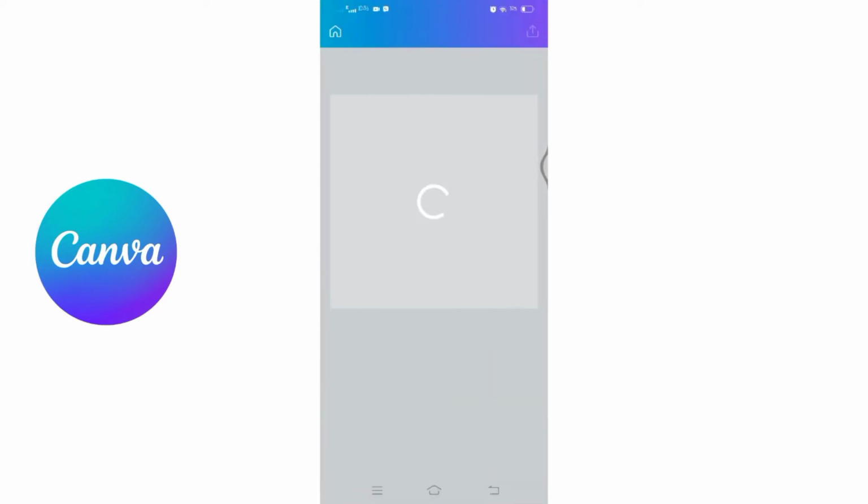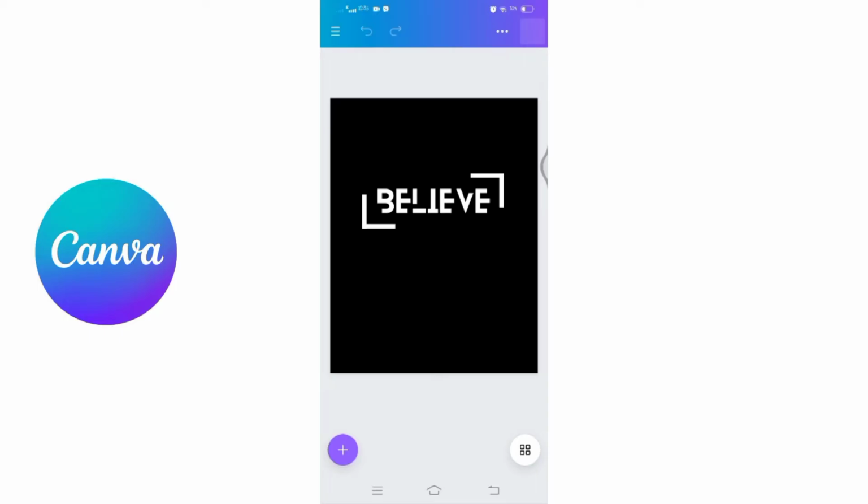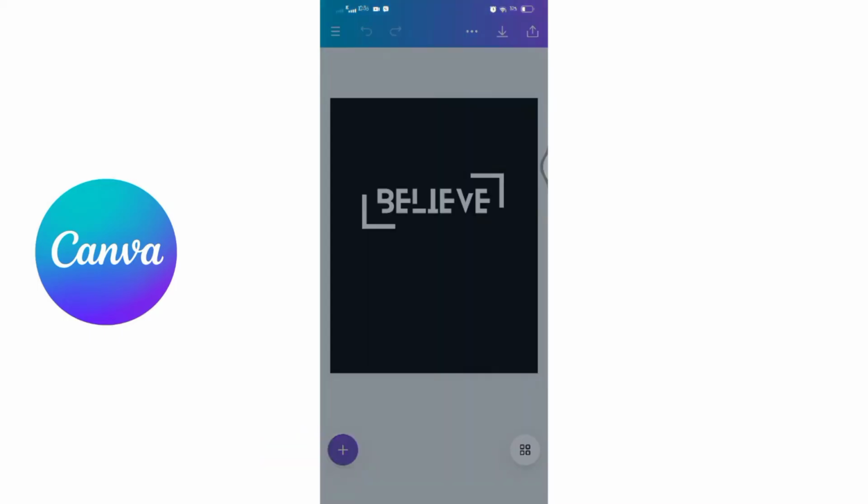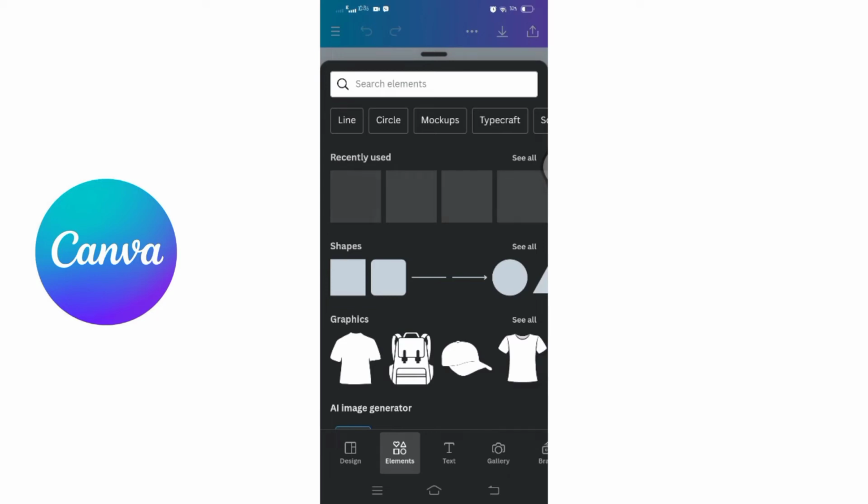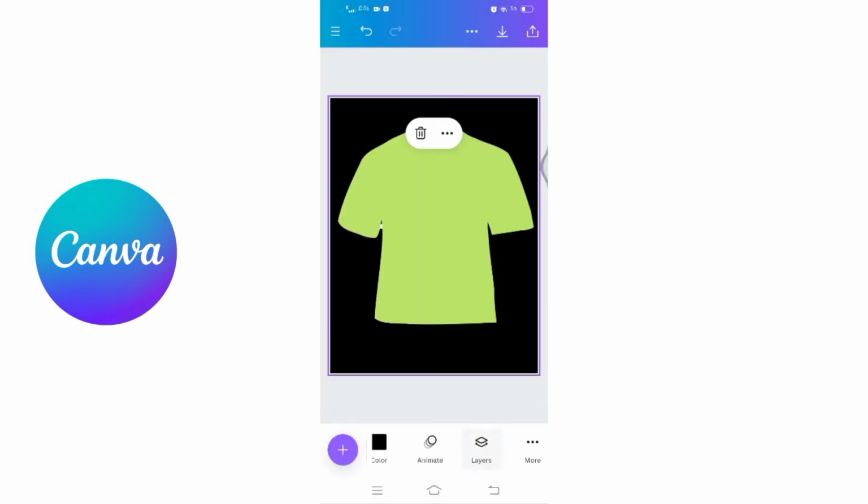Make sure to select the one that is free. Then click on the plus icon at the left corner below. Select elements here, and in the elements menu you can find shapes, icons and other designs. Choose t-shirt design here. Once you have chosen your design, click on the design and below you will see some